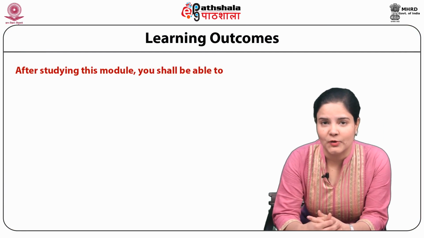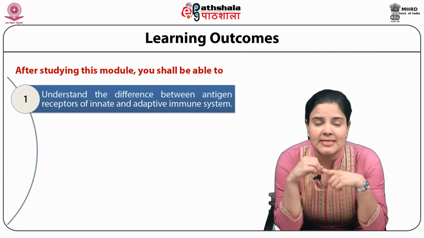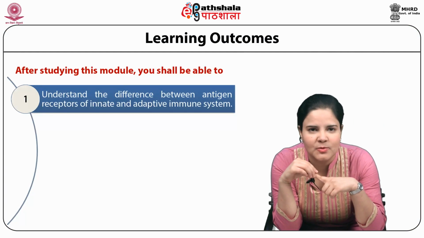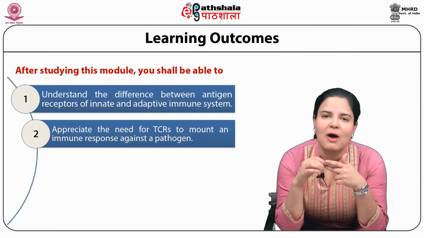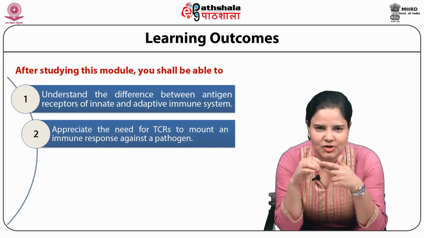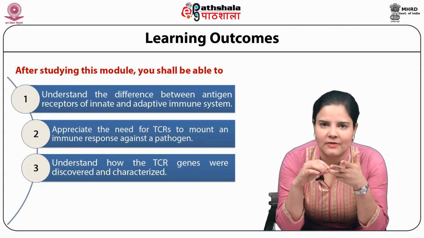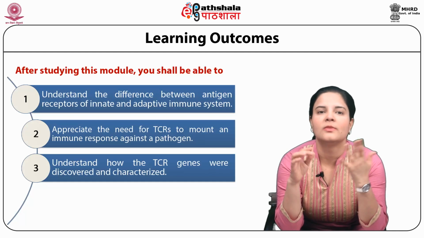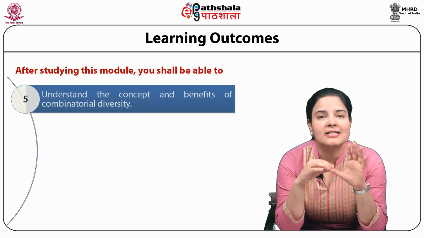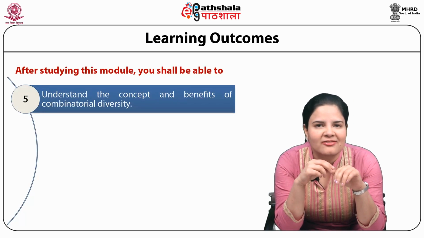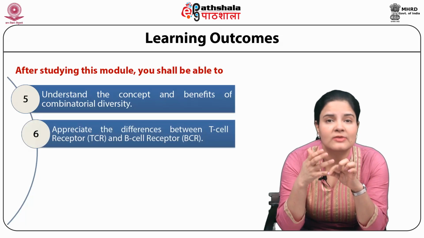After studying this module, you shall be able to understand the difference between antigen receptors of innate and adaptive immune system, appreciate the need for TCRs to mount an immune response against a pathogen, understand how the TCR genes were discovered and characterized, describe the organization of TCR genes, understand the concept and benefits of combinatorial diversity, appreciate the differences